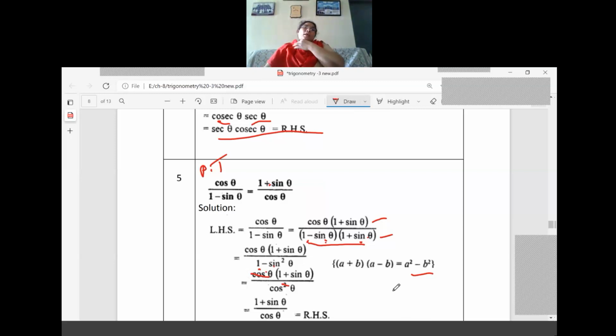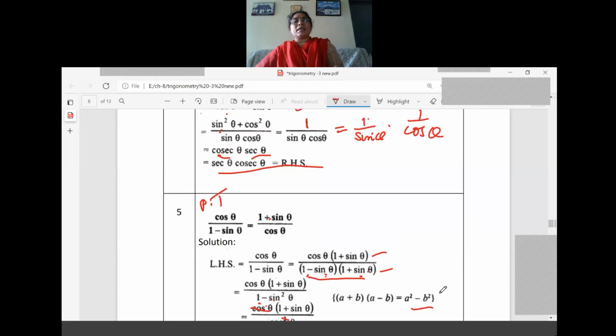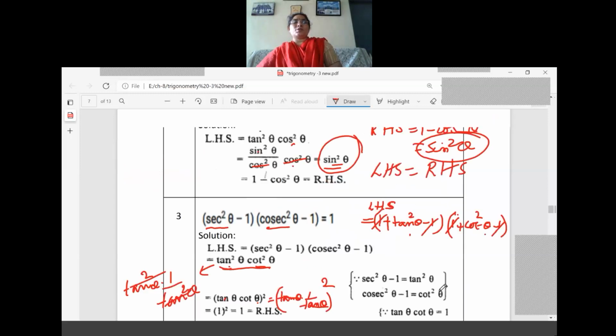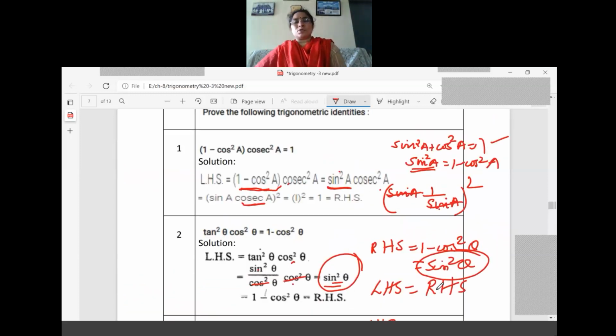Now you may ask me again how it is possible, we are not getting the idea. So certain hints will be there. See, from the first question, 1 minus cos square A is there. So where cos square A is coming, that identity is to be used. That is the first identity, right? Now here what happens? Tan and cos only are coming, there is no issue with our second identities. Cot is not coming, sec square is not coming. So again we are going for tan in terms of sine and cos only, right?